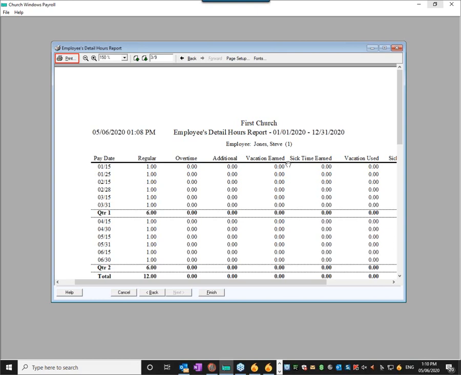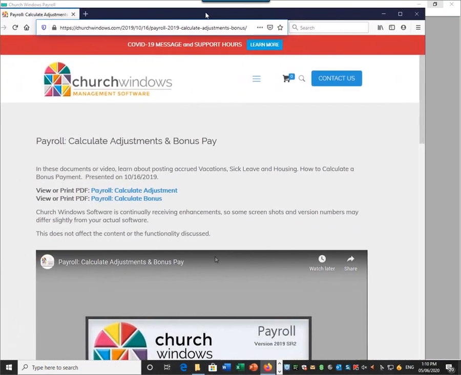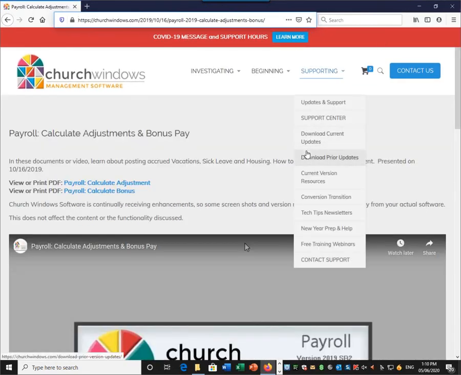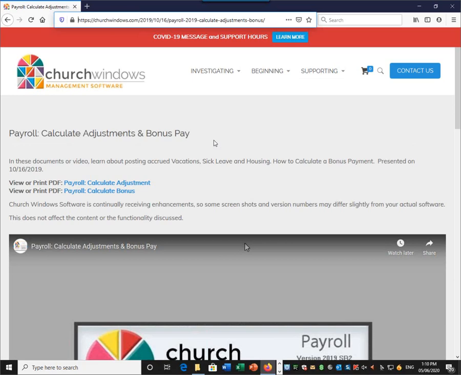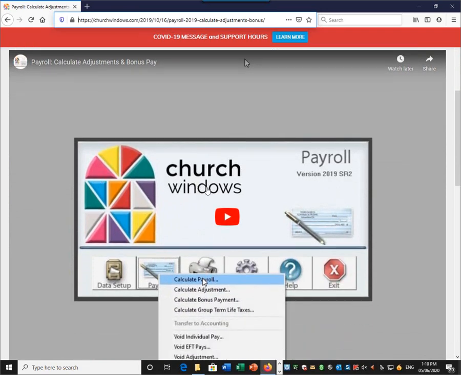So that's where we're going to, again, steer you back to the document or video that we have on calculating the adjustment. So let me pull over the web page that I'm going to bring up that's on our website. We're not going to go through this process today, folks, about how to get this entered, okay? I'm just pointing it out. You do use the calculate adjustment and bonus pay page on our support center page to find the document for calculating the adjustment, or use the video to calculate the adjustment for entering those vacation hours or sick time,